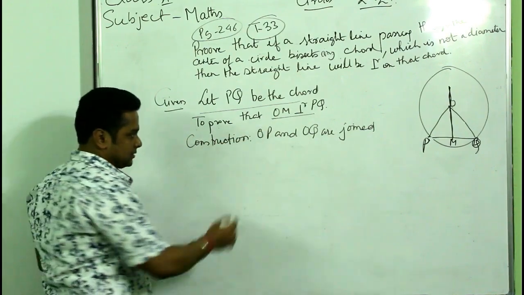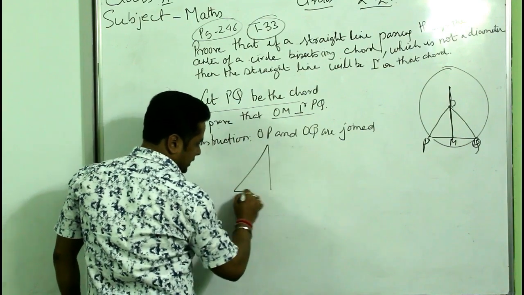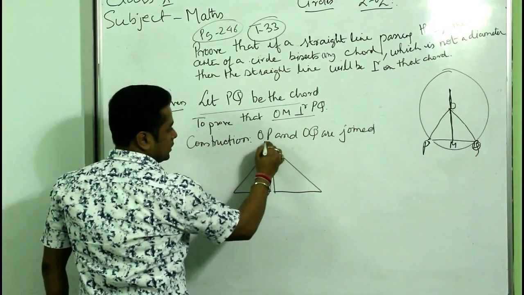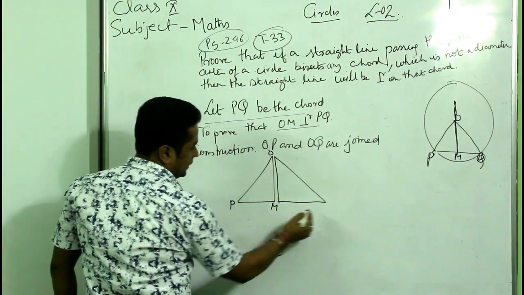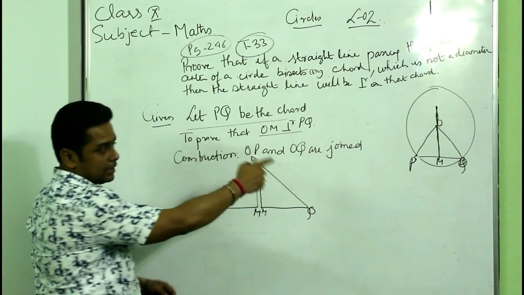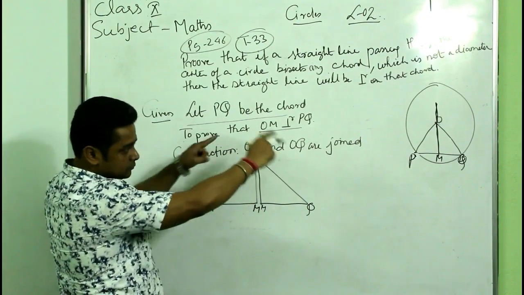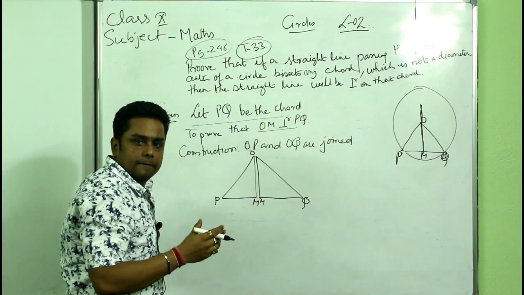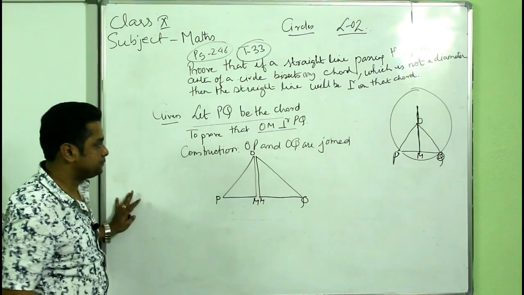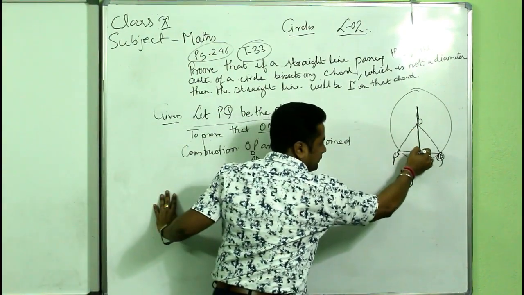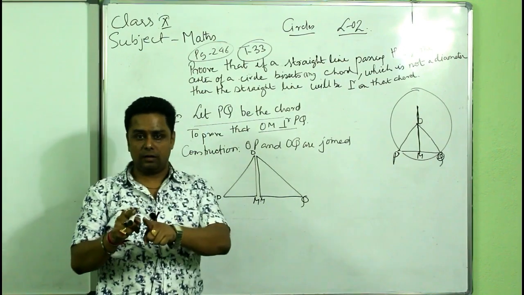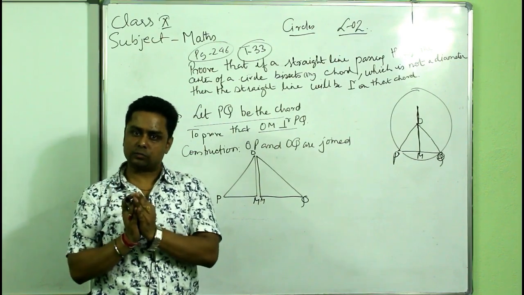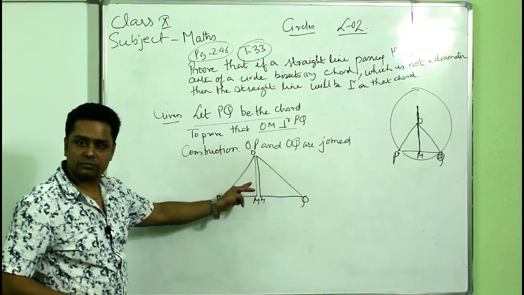Now, again same thing. Congruency, very important property of a triangle. O, M, P, Q. This is also M. मैंने क्या किया? उस triangle को tear कर दिया बीच में. Clear? Now, we will do congruency. What is equal? Tell me. Same. This OM, like I told, Gina is a friend of Lisa. Gina is a friend of Eriko. So Gina is common. Same. OM is common in this triangle.